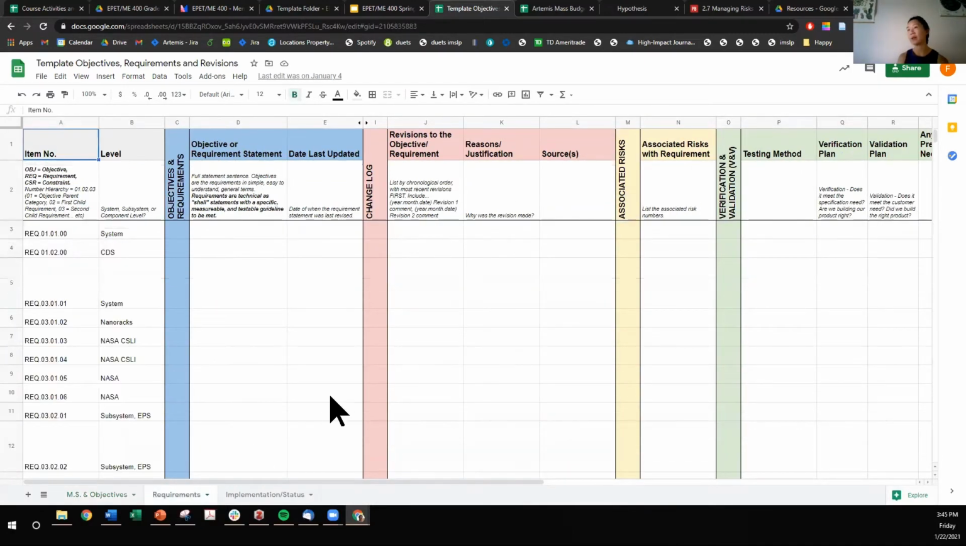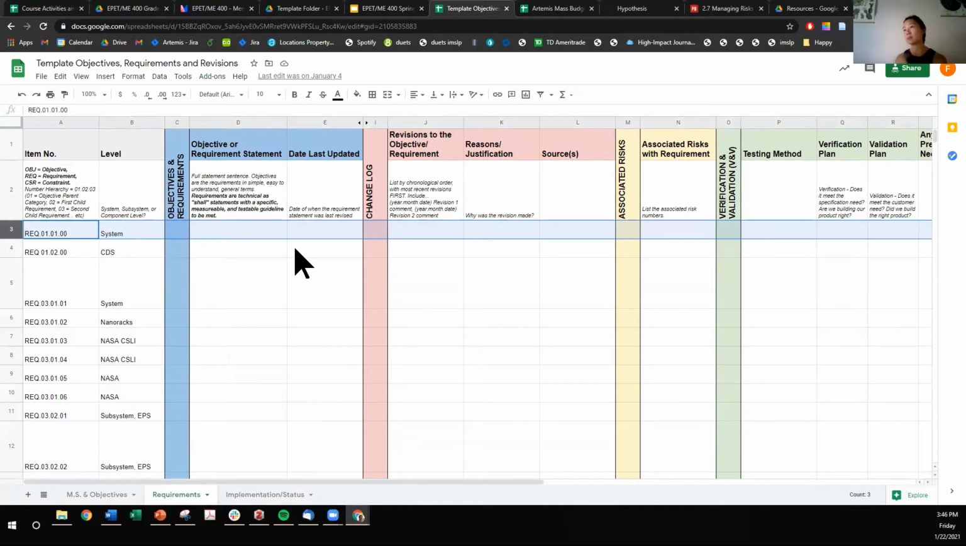All right, and then we have requirements. So here I didn't delete KAU's input here. So you can modify these as you see fit. But what I want you to do is go through your system and come up with that highest level. They're the mission objectives, and how do you translate them to system requirements? After the system,